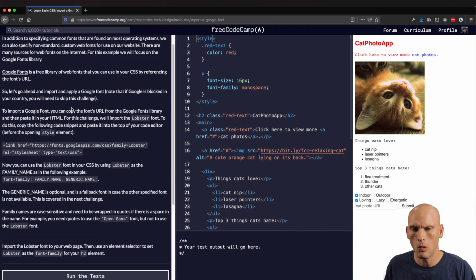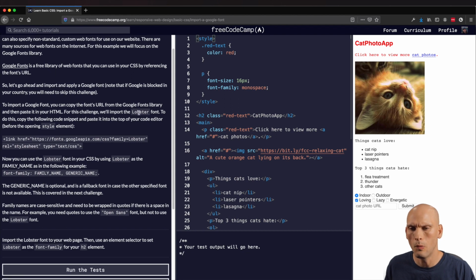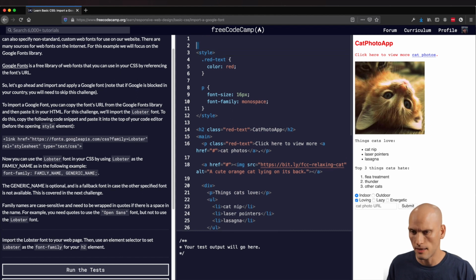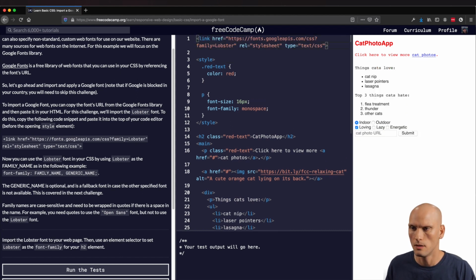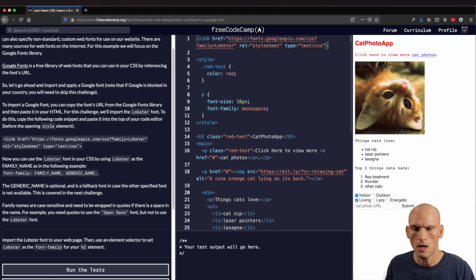All right, to import a Google font, you can copy the font's URL from the Google Font library and then paste it into your HTML. For this challenge, we'll import the Lobster font. To do this, copy the following code snippet and paste it into the top of your code editor. So now we're gonna be importing a link here. We're gonna copy this and we're gonna do it at the top here. So now we're importing that font,